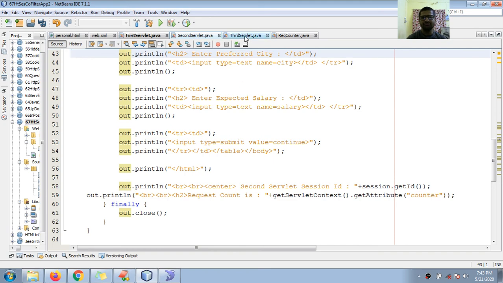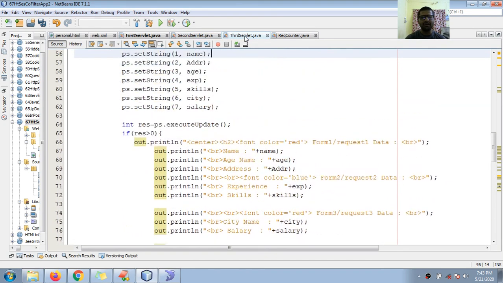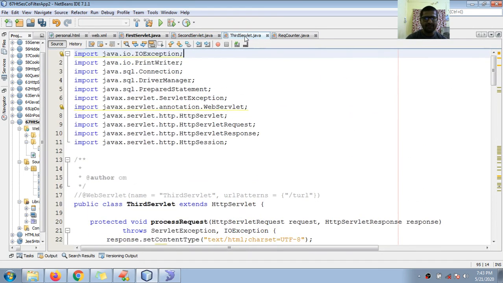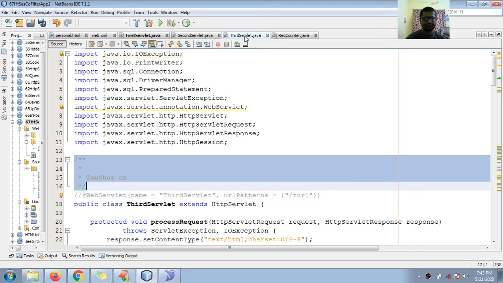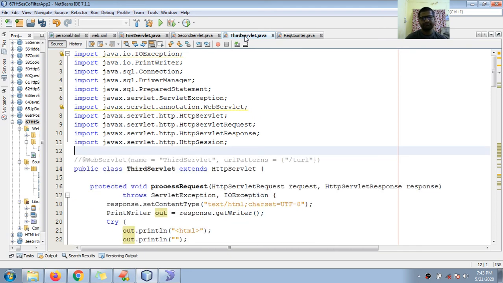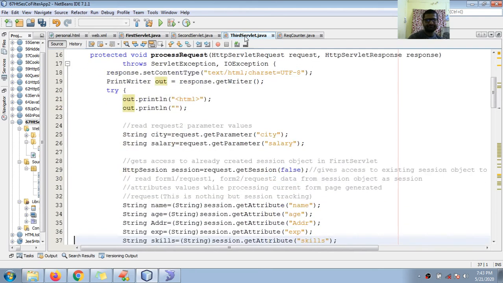Third servlet also. Let's have a look at the third servlet. So guys, okay, import java.io.IOException, PrintWriter, Connection, DriverManager, PreparedStatement, ServletException, annotation, WebServlet, third servlet, process request.